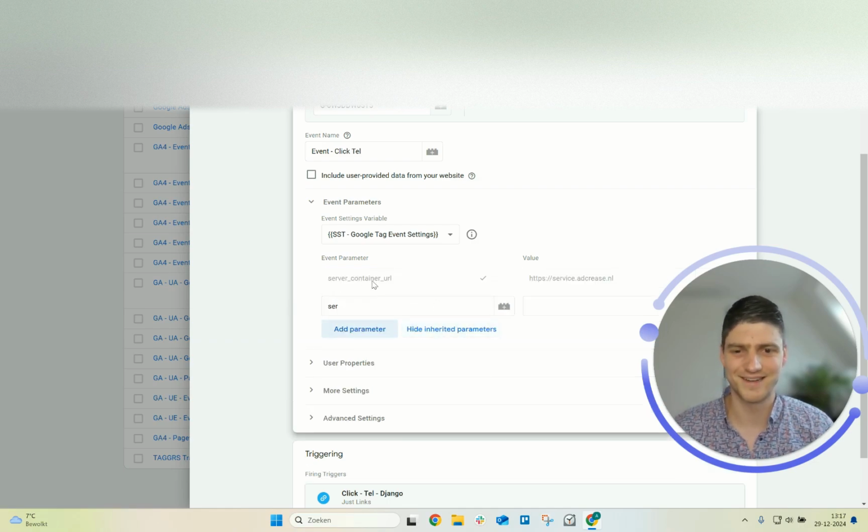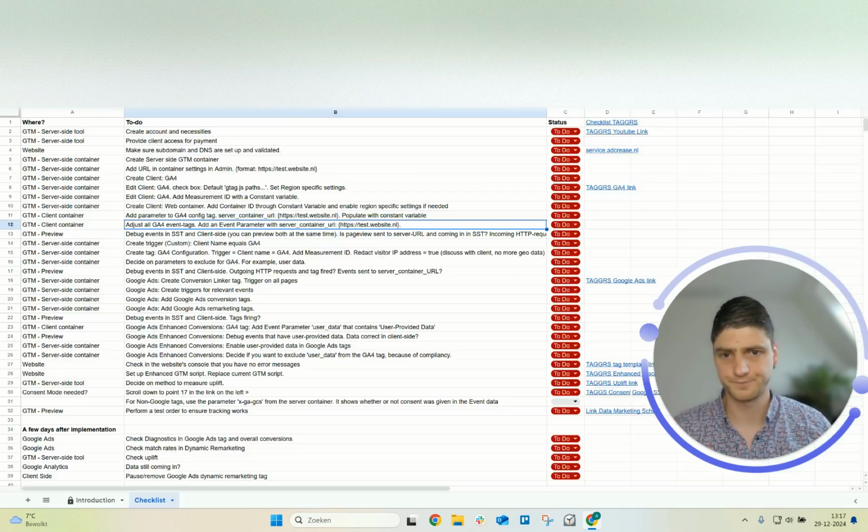Yeah, of course, I have any inherited ones. So the server container URL is then service.atcrease.nl, which then allows all the events to be shared with that container URL, obviously, so that then the data can be sent to the server. So make sure to do that for all the